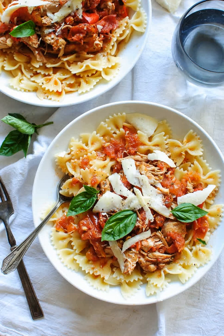Made with tender chicken thighs and fresh herbs, it's sure to be an instant hit with your whole crew. Ingredients: 2 pounds chicken thighs, 15 to 20 Roma tomatoes, chopped, 1 red bell pepper, diced, 4 to 5 garlic cloves, minced, 1 pinch crushed red pepper, 1 tablespoon